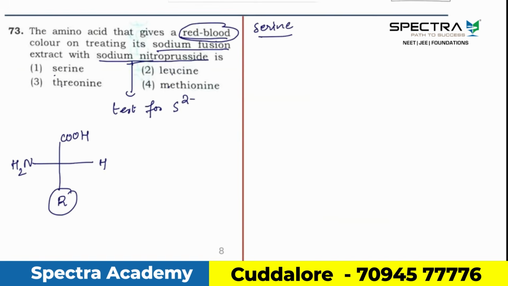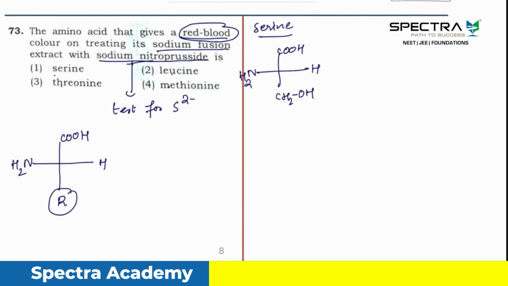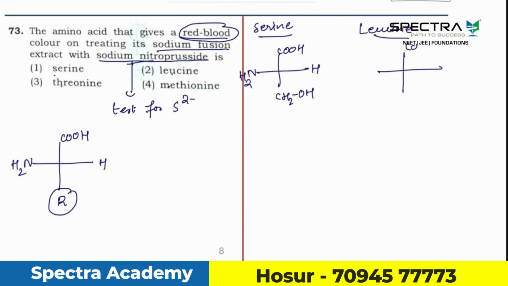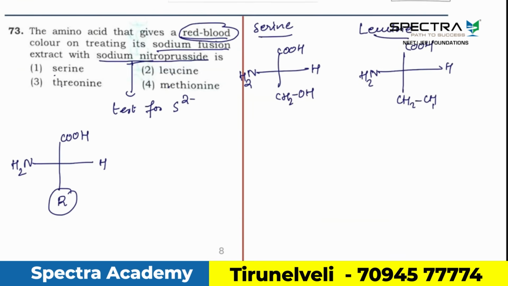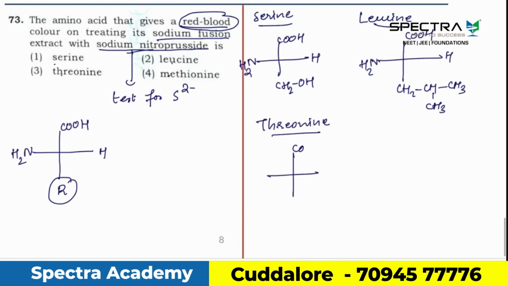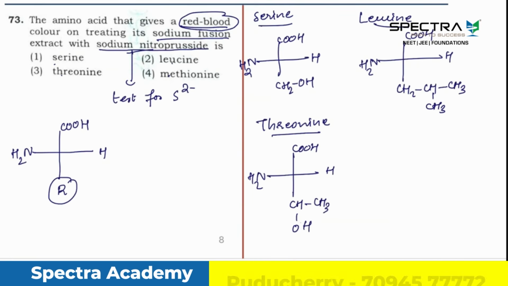The first one is serine. You can see that as the R group in serine, we have CH2OH. Next is leucine. In leucine, the R group is CH2, CH, CH3, CH3, which is the isobutyl group. Next one is threonine. In threonine, the R group is CHOH, CH3. And the last one is